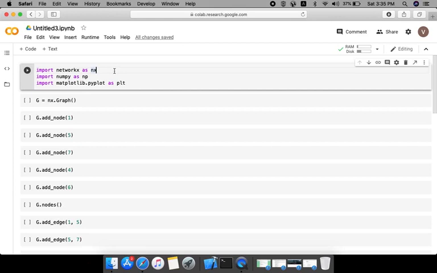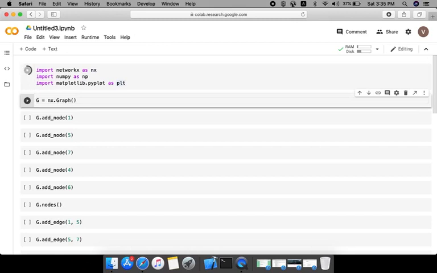So therefore we import the library as import networkx as nx, import numpy as np, and import matplotlib.pyplot as plt.